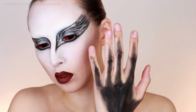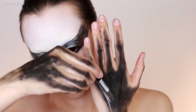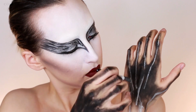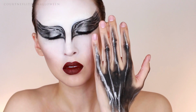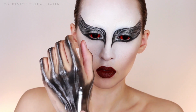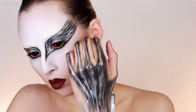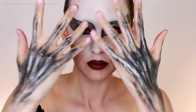So this is the basic shape that we want, and then we're going to go back in with that metallic silver eyeliner that we used on the eyes, and we're pretty much going to do the same kind of line and texture that we created on the eyes. But the main lines I'm taking up are on the fingers and the thumb, as well as some further down onto the wrist and the arm. And then I'm also creating some thicker spots and connecting some of the lines, and I'm using a lighter pressure with my hand to help thin out some of the ends. Now I just need to repeat that on my other hand, and that's going to complete the makeup portion for